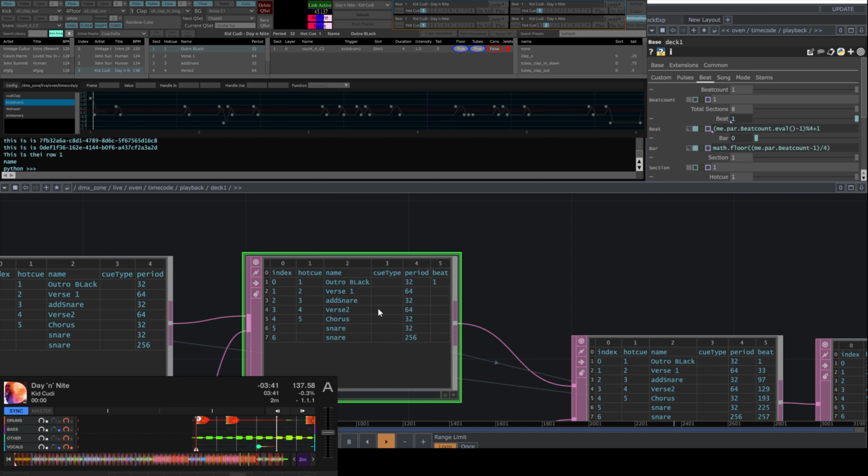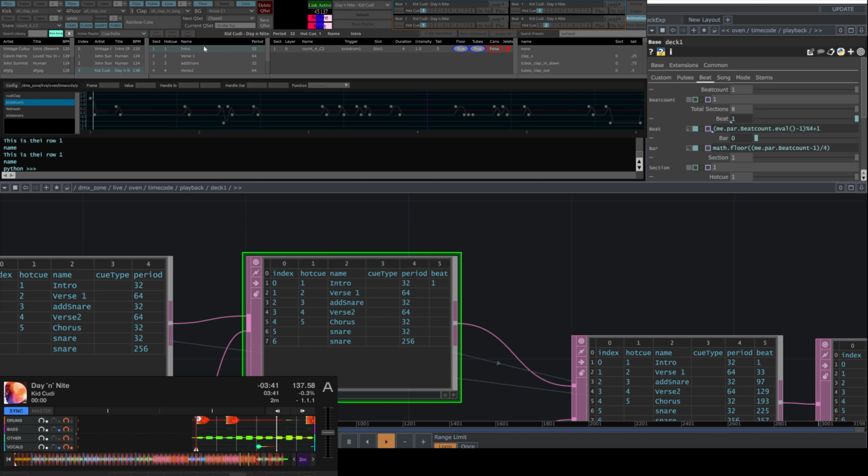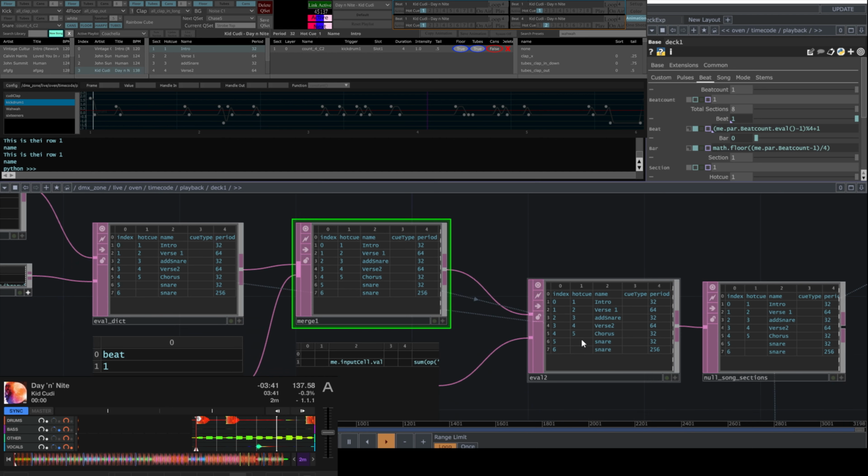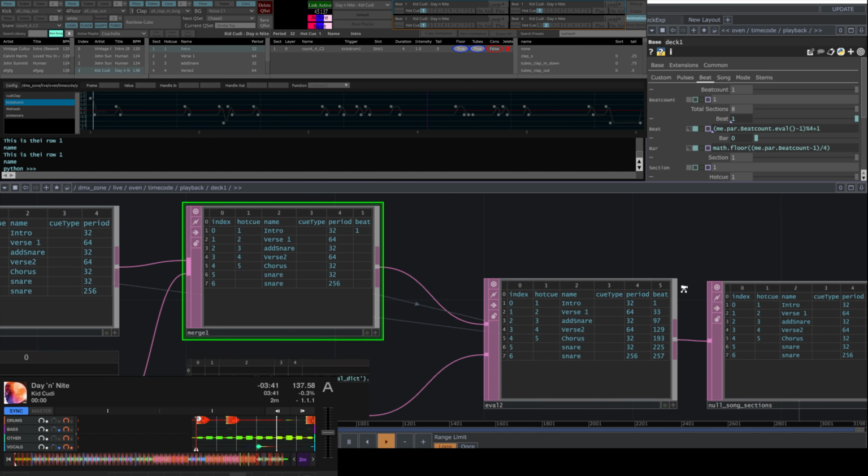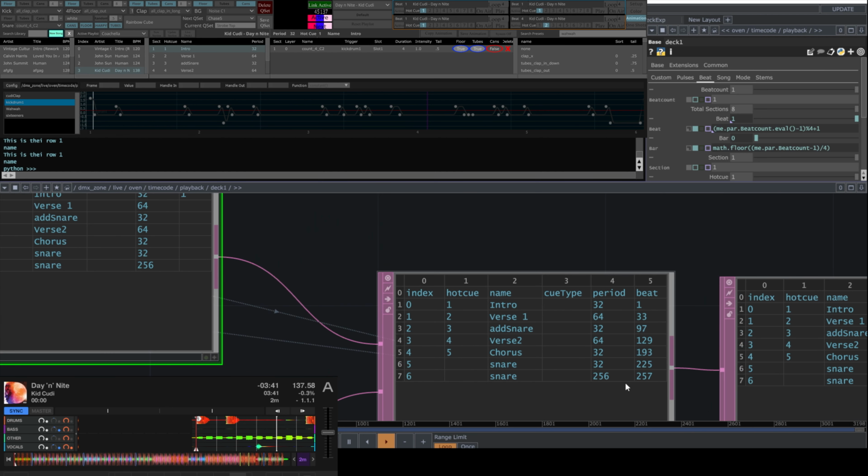We are seeing in our DAT here that outro black is the real name. I'm going to change it back to intro because that's what it really is. And then what I'm doing here in this sequence of DATs is trying to find out what beat count is referenced or equated to the beginning of each section.